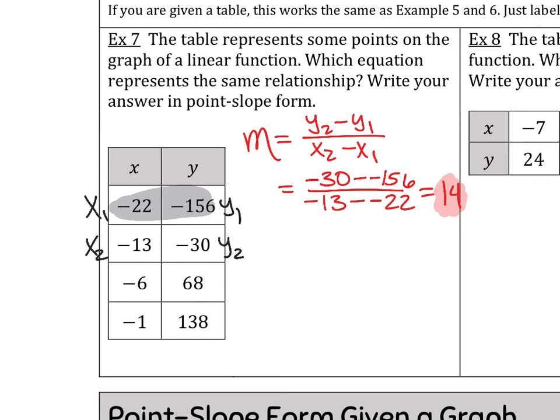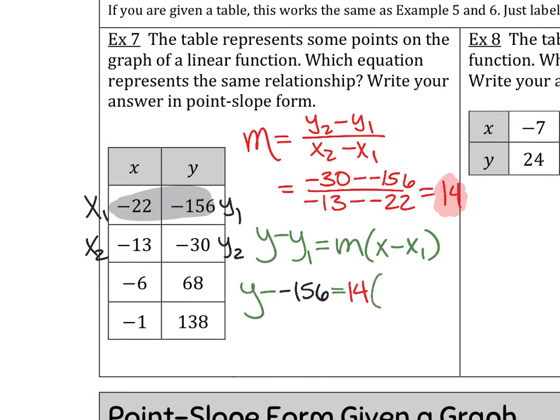If I have a slope and a point, I can write point slope form. So literally just like the front side, I write down the original equation. I've labeled everything, and I just plug stuff in where it goes. This is going to be y minus -156, yeah, equals 14 times x minus -22. Yeah, y'all are doing my whole job for me. Thank you. So after we fill it all in, we change the negatives to a positive. And voila,